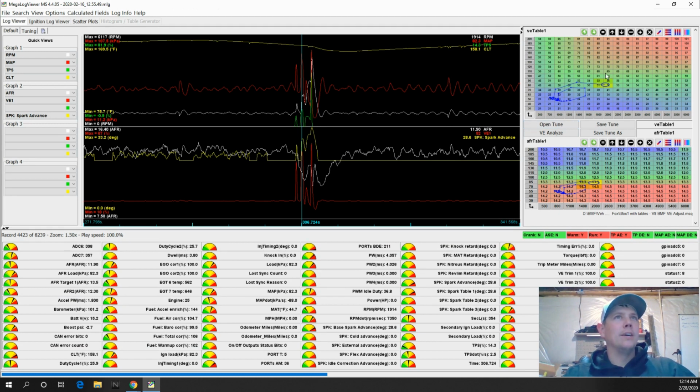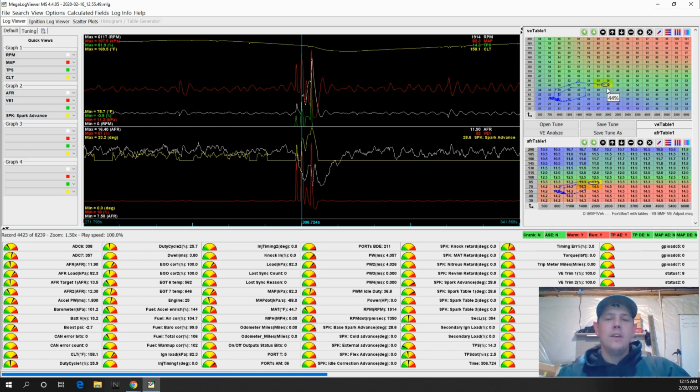So in that area, right about 80 or 90 kPa, we were pretty good. We were 11.9. It's a little on the rich side. But that's coming from NA to boost, most likely. So you're going from 80 kPa to 90 kPa, and 90 is definitely in boost. So it's a decent